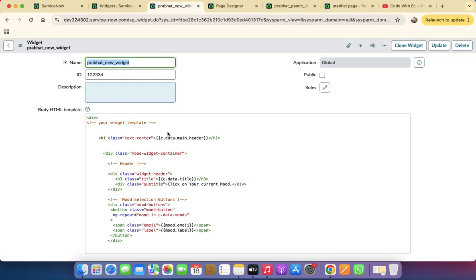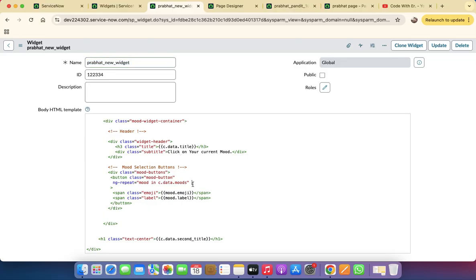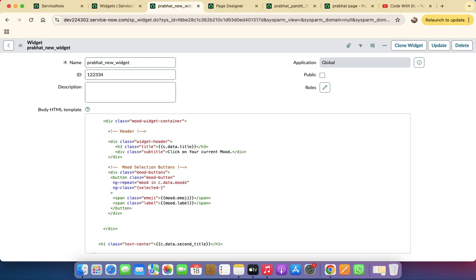Now come here, and on this button I'll use ng class. To apply the classes dynamically, I'll use ng class. So now I will apply the classes. I'll say selected mode, and now I'll apply the dynamic classes. So put a single quote inside the double quote, and now I'll just say here,